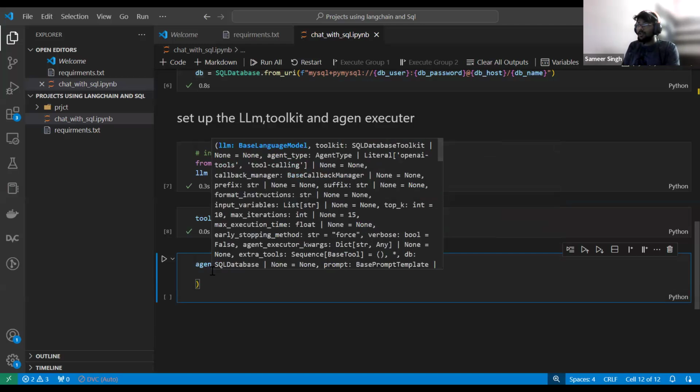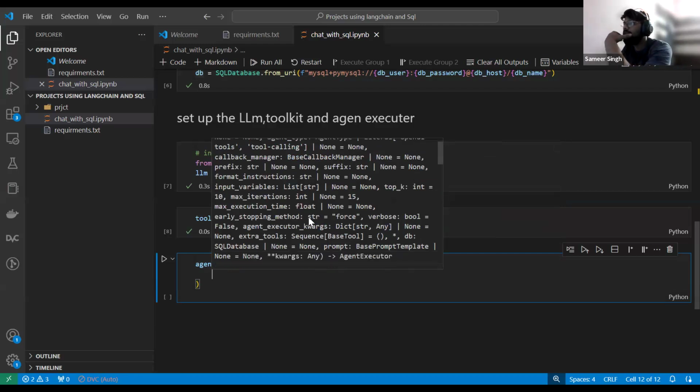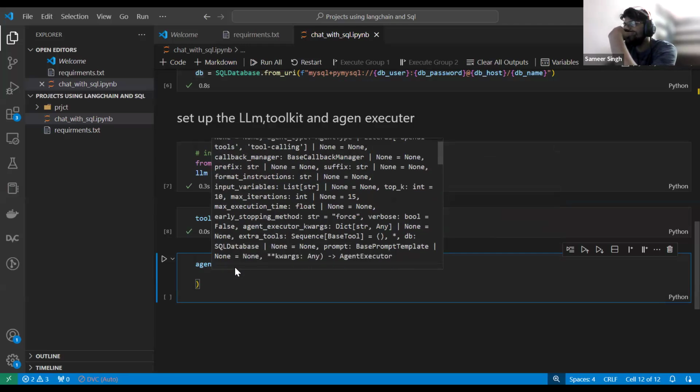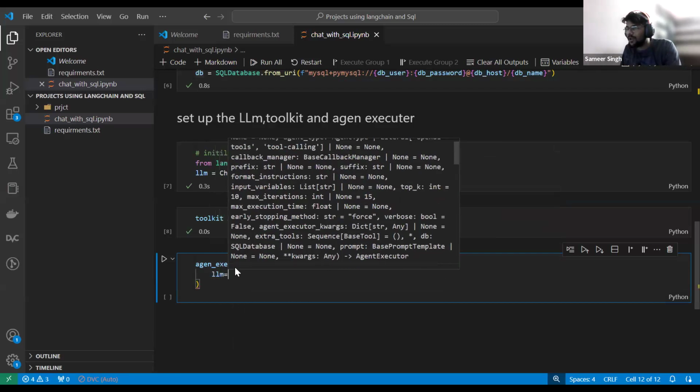Now, let's see what are the things we need to pass to it. I'm just reading in front of you guys. So very first, I am giving the LLM.